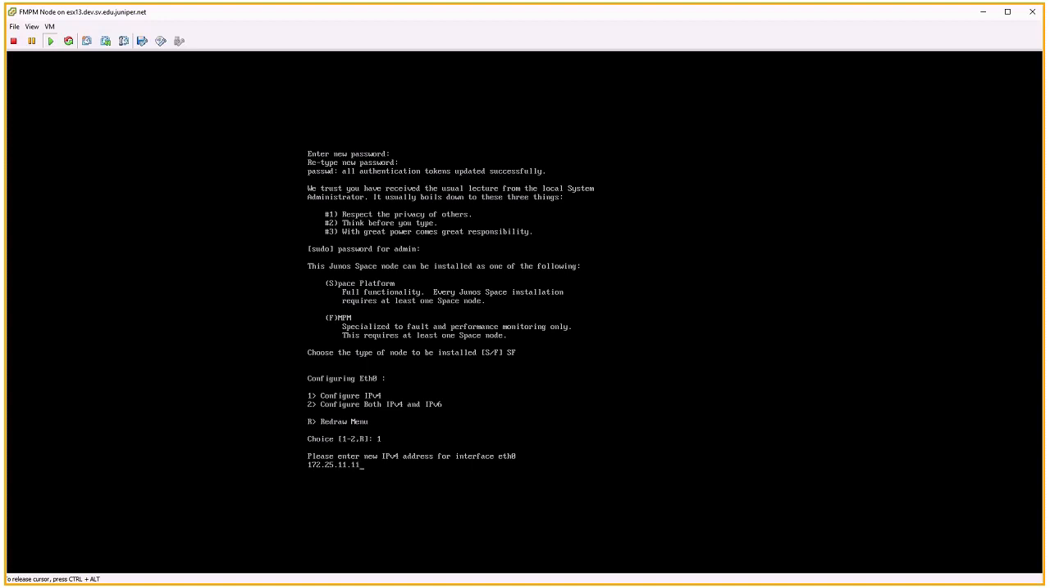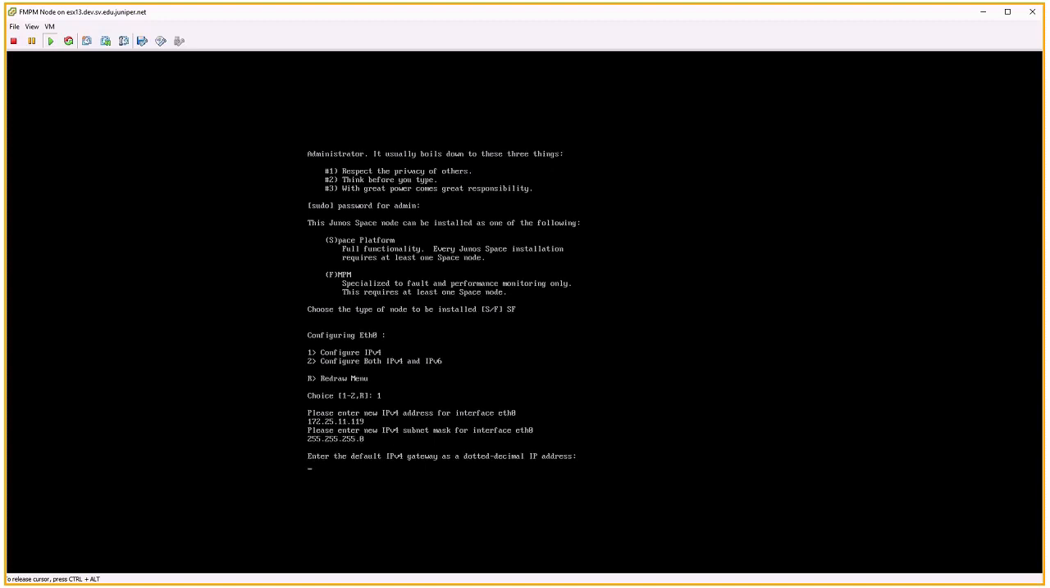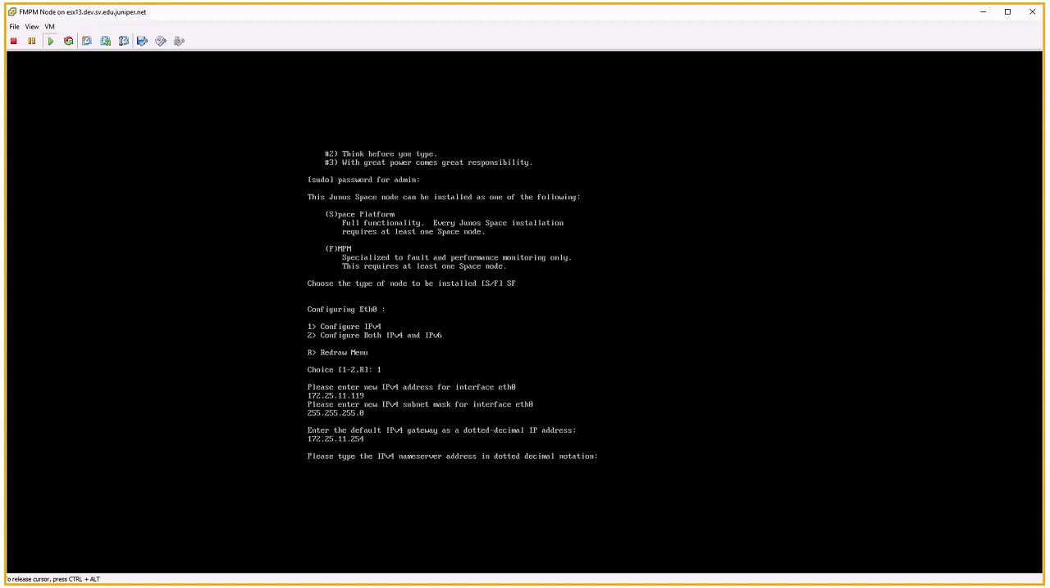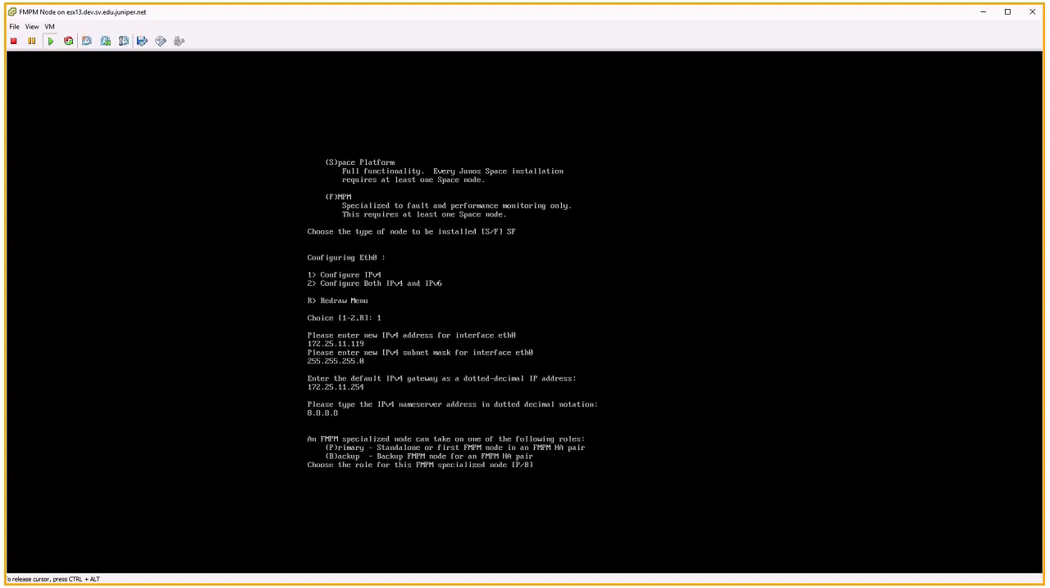And we'll go ahead and specify an IP here and a mask. And of course, all of this information is going to be unique to your environment. We're going to put in a name server here. Okay, so in this case, we're going to make this the primary or the first FMPM node in an HA